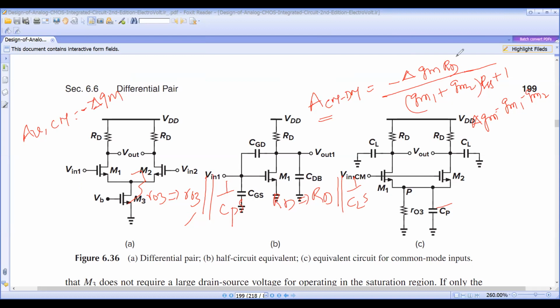In place of RD, you can write RD parallel with 1 by CLS